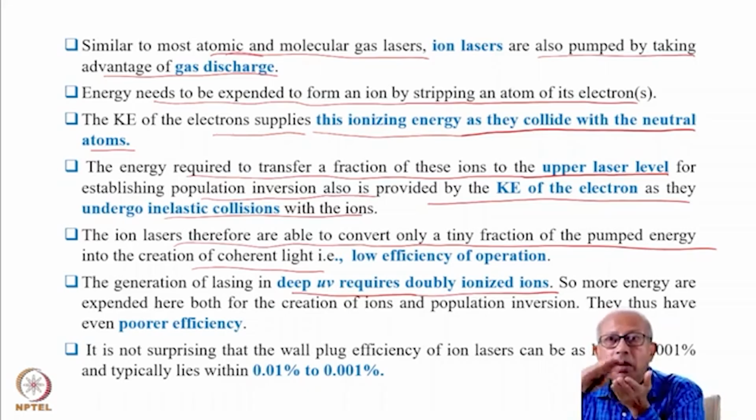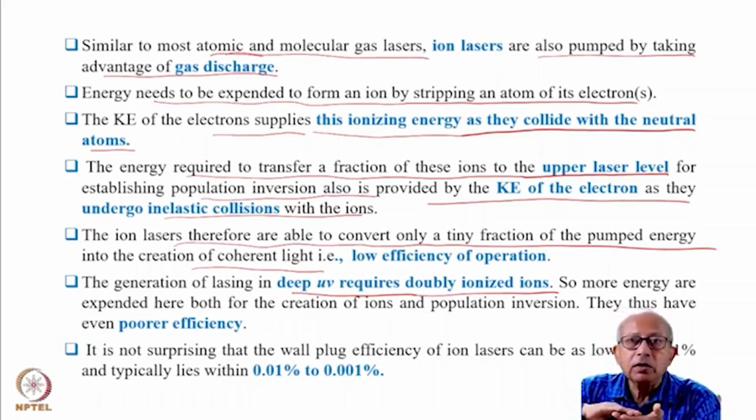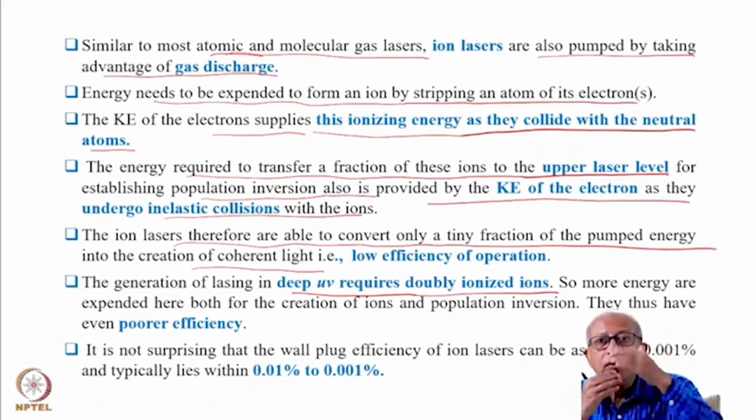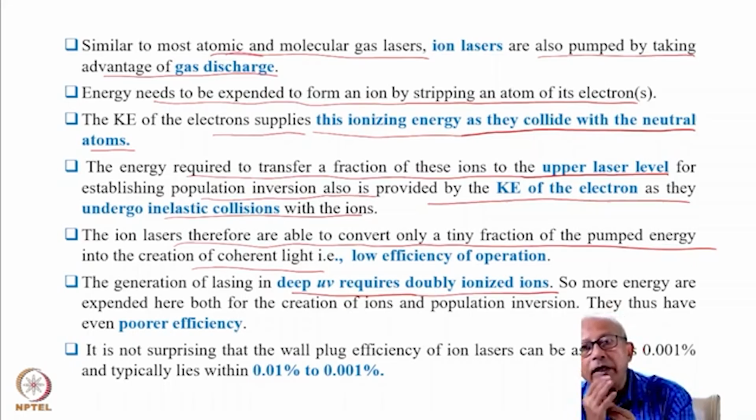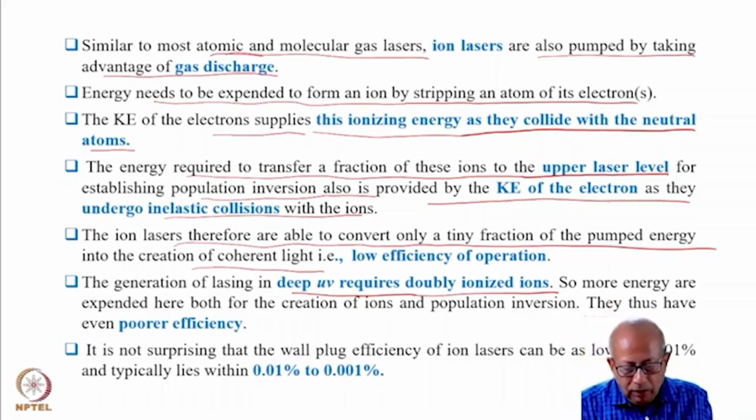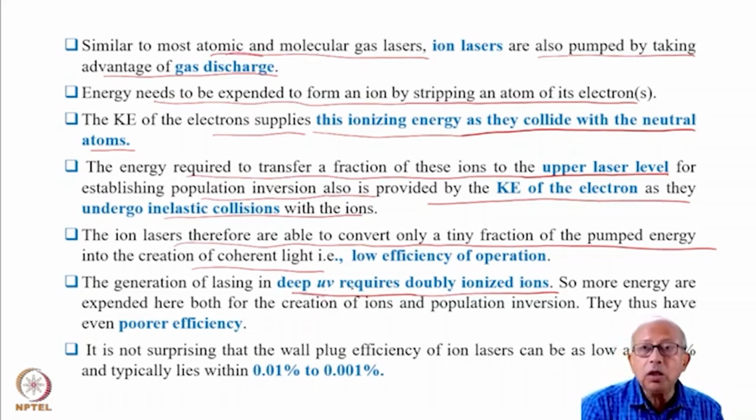Energy levels are separated by even more energy, so that the emission between these levels will give you light of even shorter wavelength. And therefore, this laser, which will give you deep UV ones, would require a doubly ionized ion,